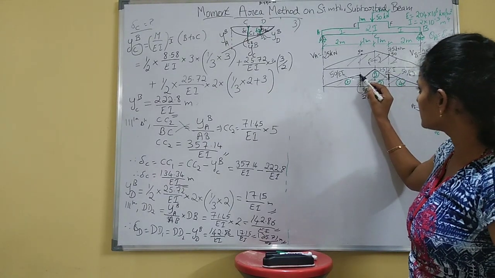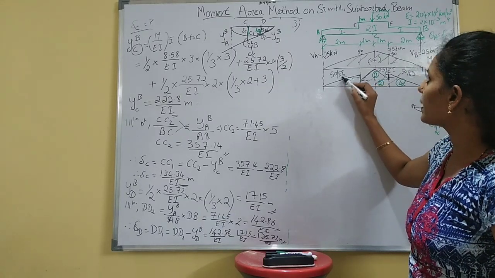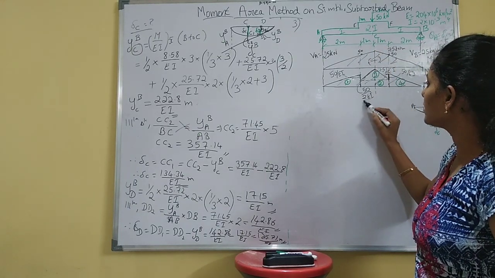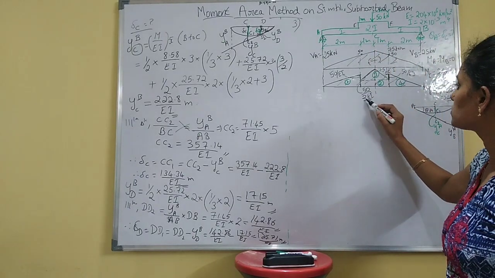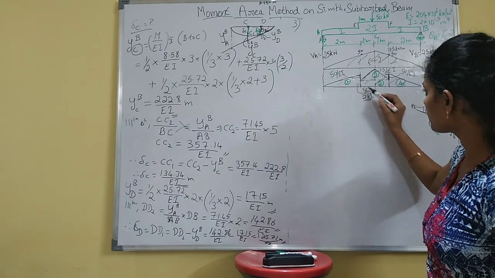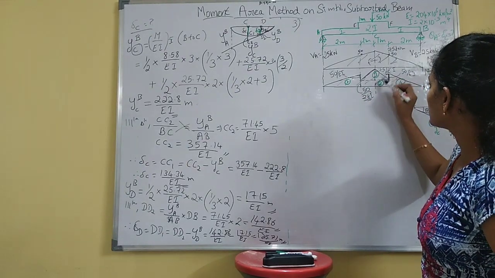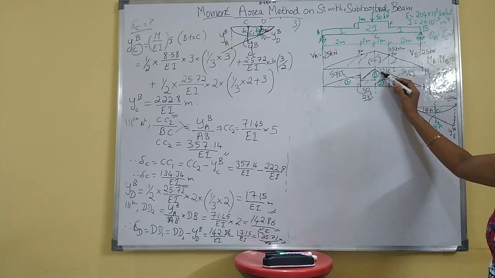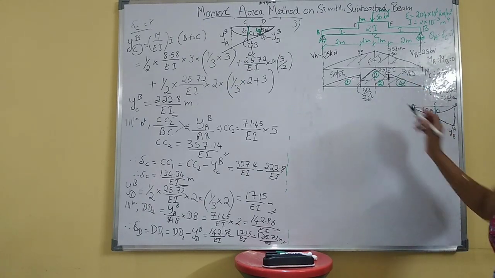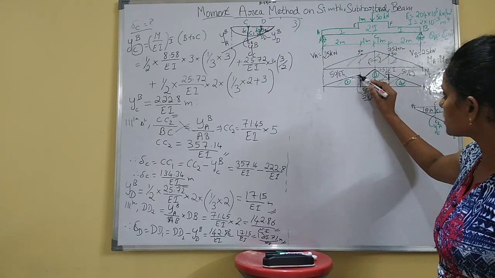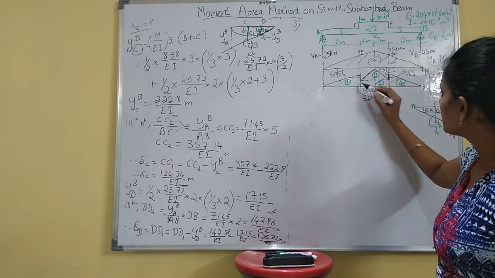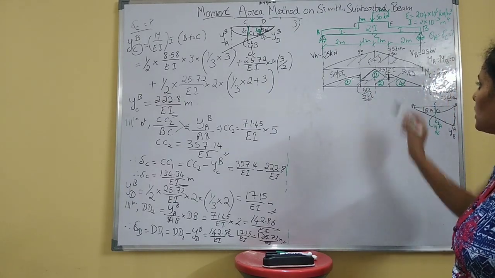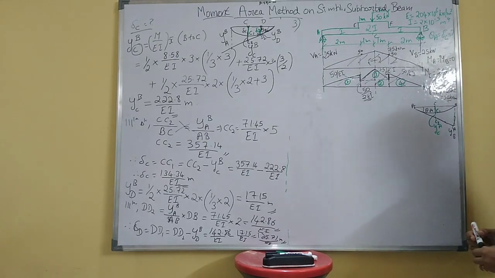In this whole section you will have M by EI, while coming to the part from E to F, you will have 2 times EI, that is 2I. This part will be 50 by 2EI, and this is 75 minus 50, so here it will be 25 by 2EI. This whole part is 75 by 2EI. Is it clear? So there will be I and 2I variation, so there will be a reduction over here. So this will be 50 by EI and this part will be 50 by 2EI. Up to this region you have the 2I variation.